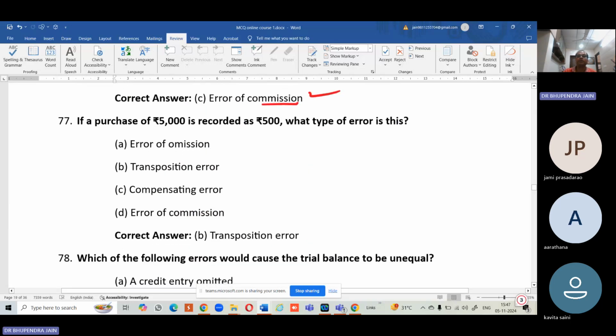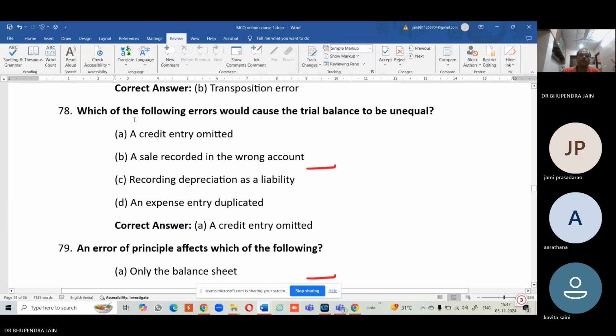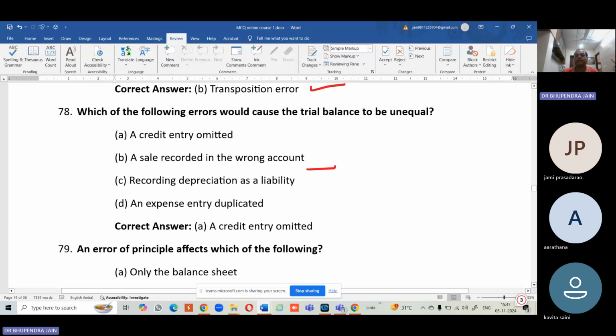If purchase 5,000 is recorded as 500, what is the type of error? This is called the transposition error. We have posted the wrong amount. Which of the following error would cause the trial balance to be unequal? Okay. When credit entry omitted, yes. If one of the entries you have omitted, the trial balance will not be equal. Sales recorded in wrong account, this will be possible. Recording liability, depreciation liability, so correct answer is